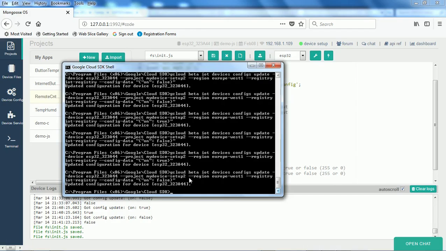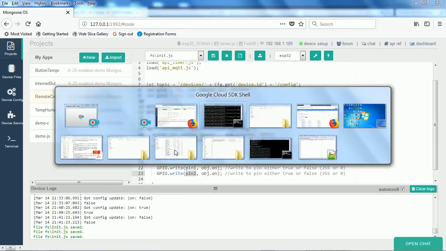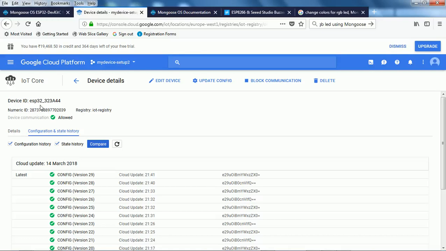Here you can see the Google Cloud client which is installed on my machine, and from there I am giving a command, asking Google Cloud with a particular device, that is our device which I showed you. Then the project, so this is the project which is my device setup. You can see this is the device ID, and this is the project, my device and hyphen setup 2.